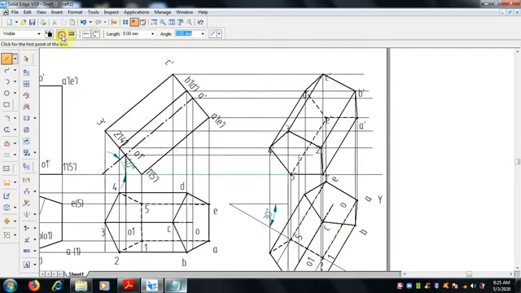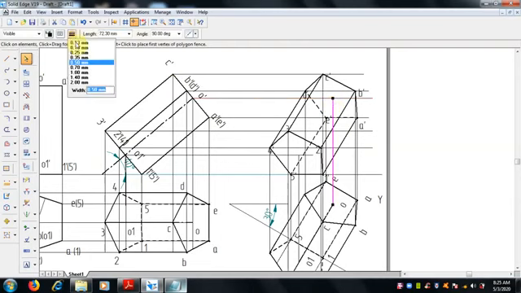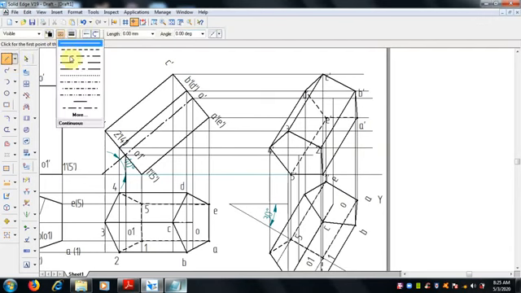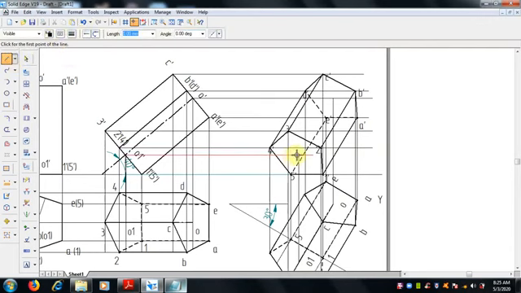Next, from here project up to this, 0.13 mm thickness. Okay, now everything is over. Only the thing is we have to draw the axis. So select axis line, from here select 0.5 mm thickness, axis line to draw the axis.